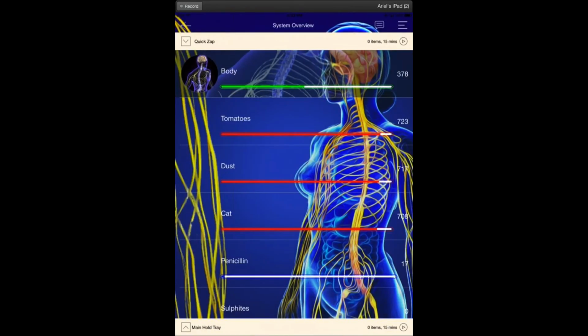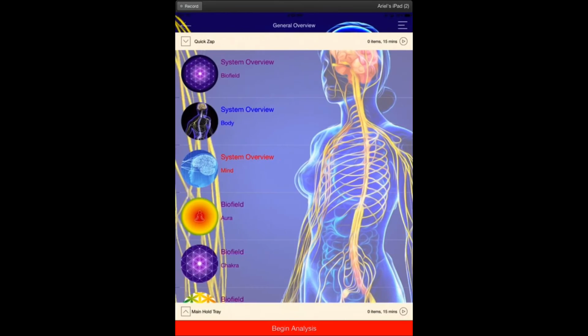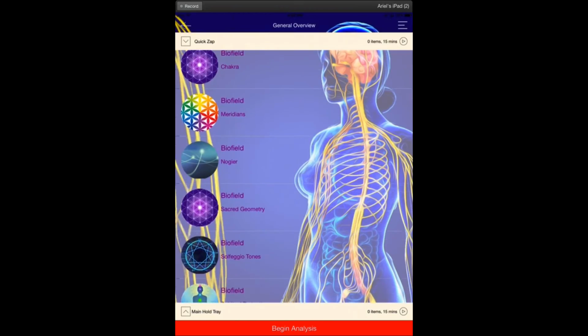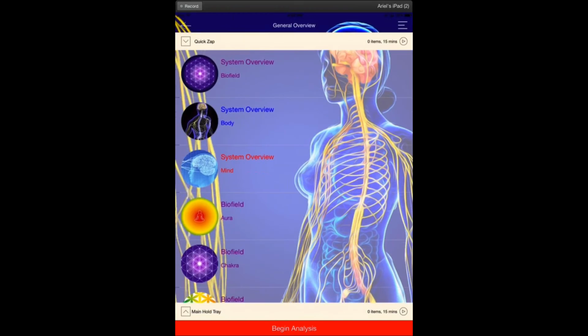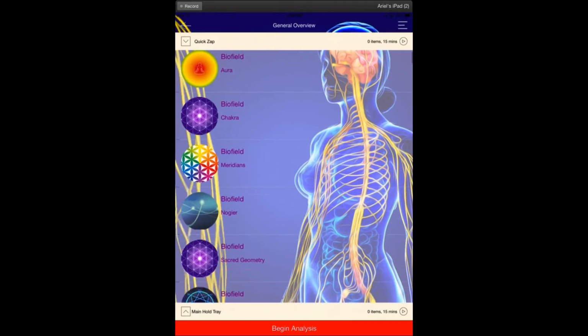And what I did say to Ryan, what I recommended that would be really cool, Sandra, maybe you can clarify your question. It sounds like you're saying if you do the mind, body, and libraries and so forth individually and put them all down in the lower trays, that's sort of like doing a general overview. But one thing I did request from Ryan, you guys can give me feedback if you like this idea, is when you're in the general overview, if you can actually eliminate some things from it. Sometimes there are so many meridians in there that I actually just want to take the meridians out.